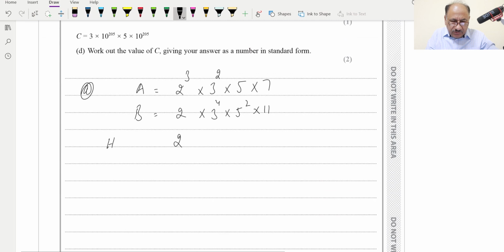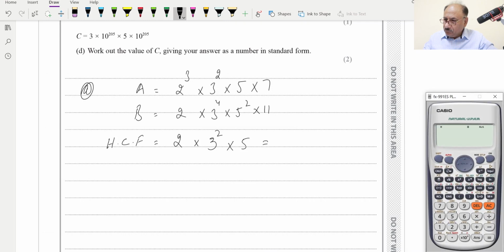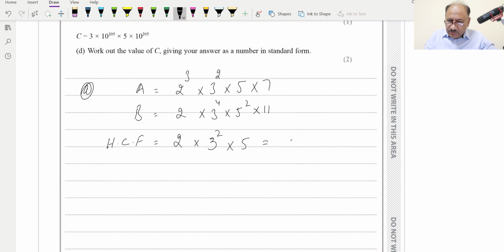So we'll write HCF is equal to 2. From here we can take 3 square and 5, and these are basically the things which are common in both terms. We can multiply 2 into 3 squared, and this will be multiplied by 5, which is equal to 90. So HCF will be 90. This will be the answer. Then